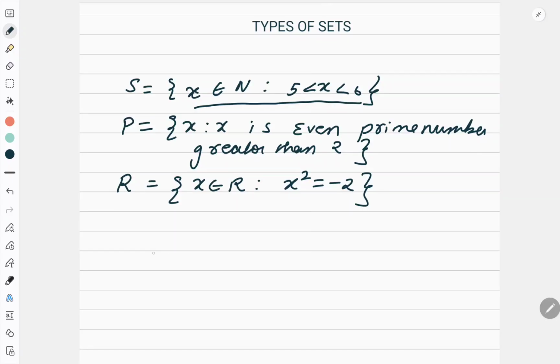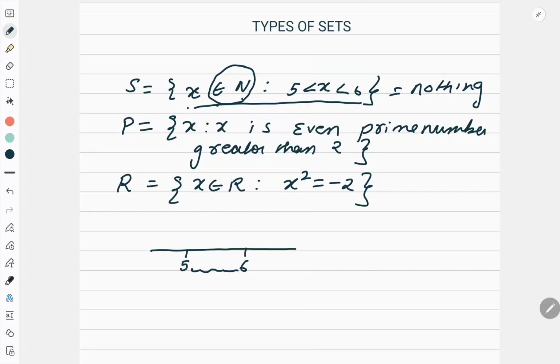Now let us come to this. It is saying x is a natural number and this x is sitting between 5 and 6. Now tell me, how many numbers are there between 5 and 6? There are infinite numbers between 5 and 6. Correct? My point is that the first thing they are saying is x belongs to N. What is N? N is the natural numbers, the counting numbers. Counting numbers means 1, 2, 3, 4, 5, 6. So after 5 who comes? 6 comes. So there is nothing between them. So for this my answer is nothing.